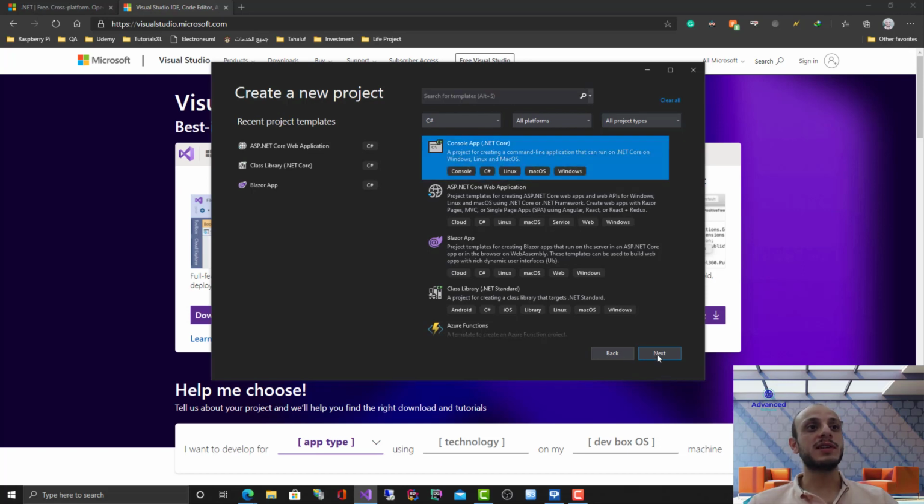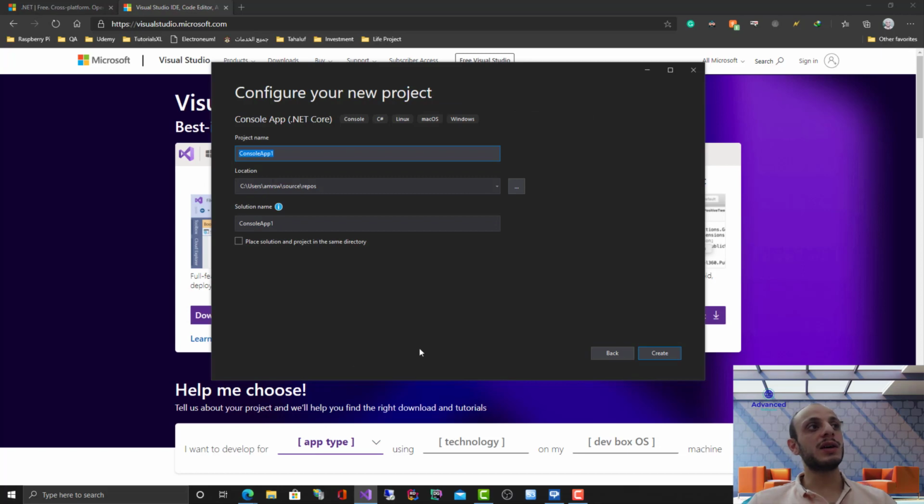So now I'm gonna select this, hit next, and add the name of the project. I'm gonna call it MyCrashConsole, and I'm gonna just edit the name of the solution. In case you don't know, the solution is the main container for different projects, and we're not gonna go into too much detail with it. So I'm gonna create this new project,